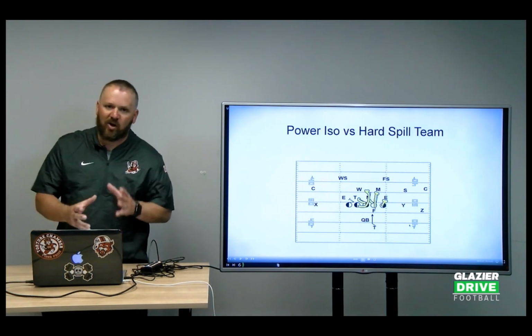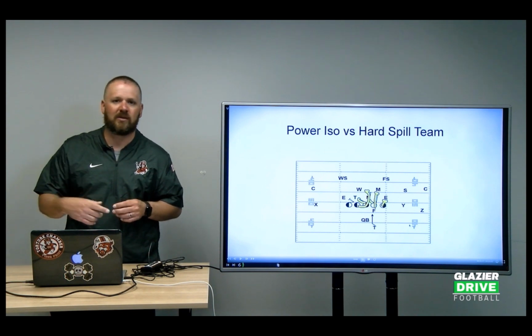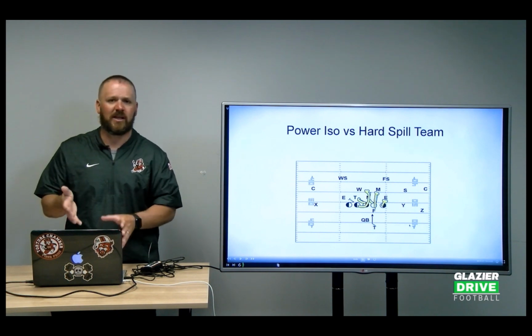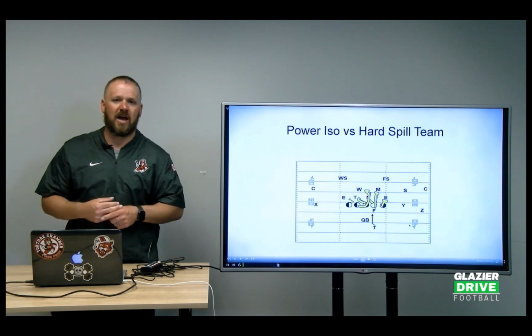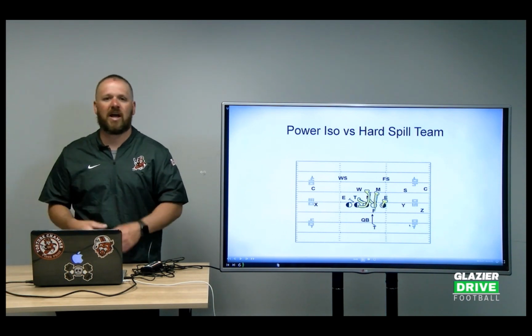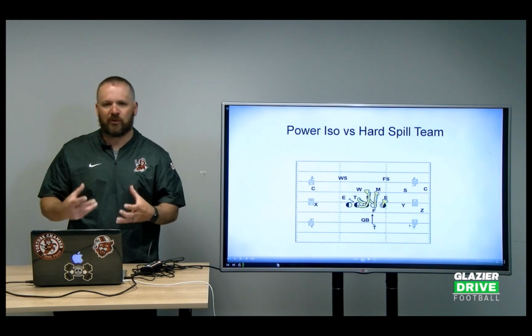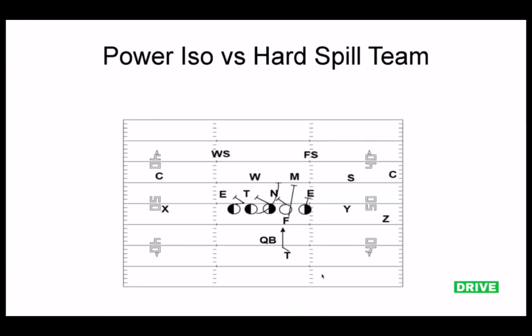That can help us out a little bit when a DN's really wrong arming and squeezing the down block. It's really good to run this play against even front teams, and power. Run them both. You might run this play 3 times and power twice, or power 3 times and then 2 power ISOs. It gives that DN multiple looks, and it's still a physical downhill run play. The back, I like for him to be on the same side on this. You can do opposite side as well. You can really do both.